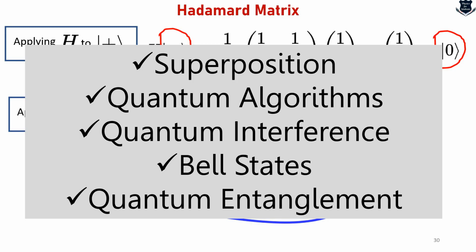So we understood Pauli matrices, how they apply. We understood the Hadamard matrix, how it applies. We understood the norm of a vector, why it should be preserved, and unitary matrices and their inner product.